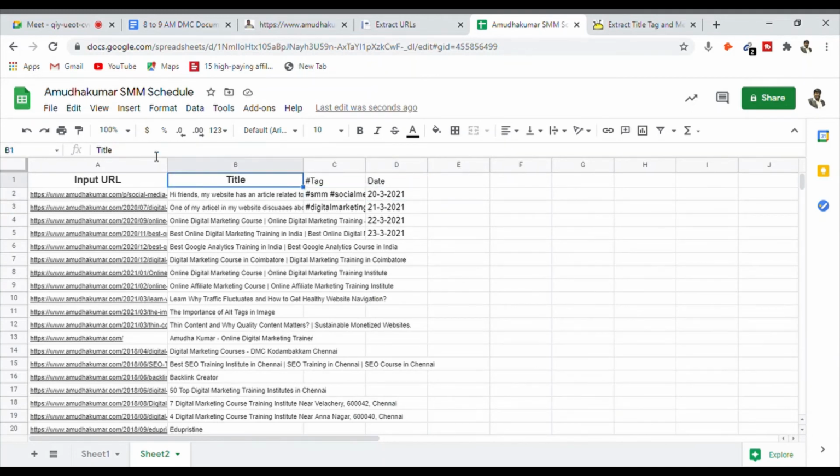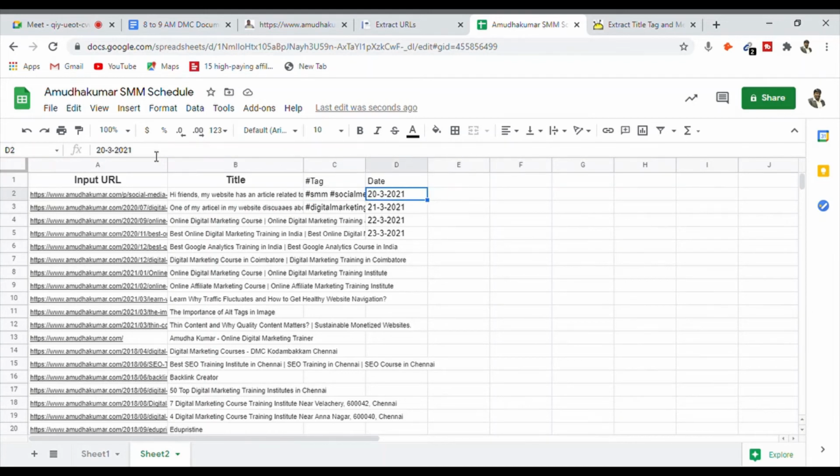Now what are we going to do? We have the content ready here. If you have an image also, you can put it. Generally, you can take the image and upload it, or if you have an image in your system, you can do it. So this is the article, the title, hashtag, and the date I have created.